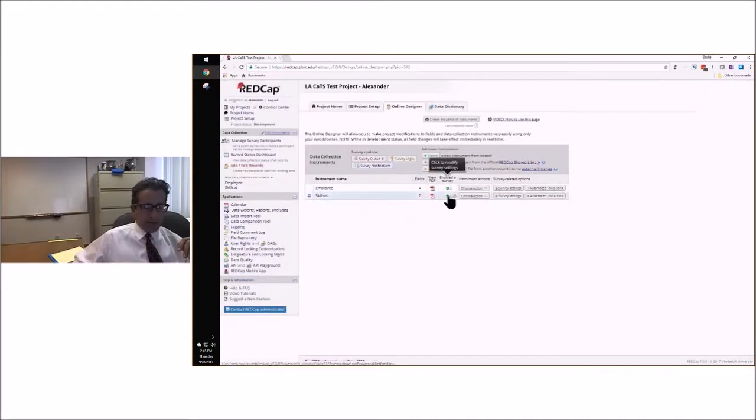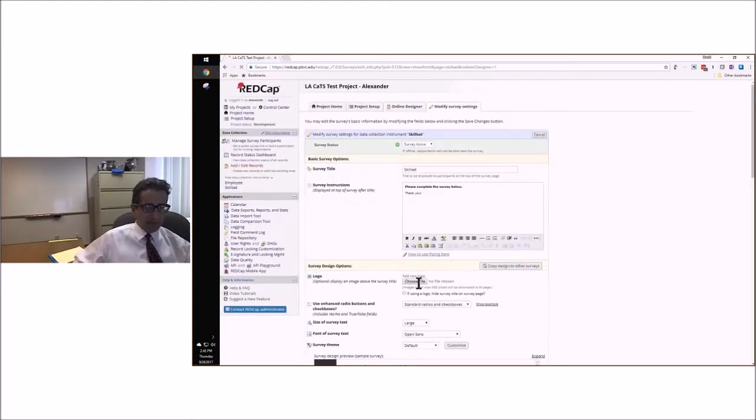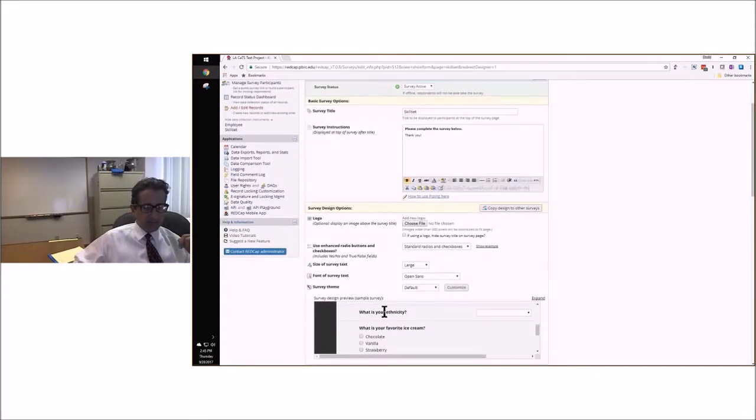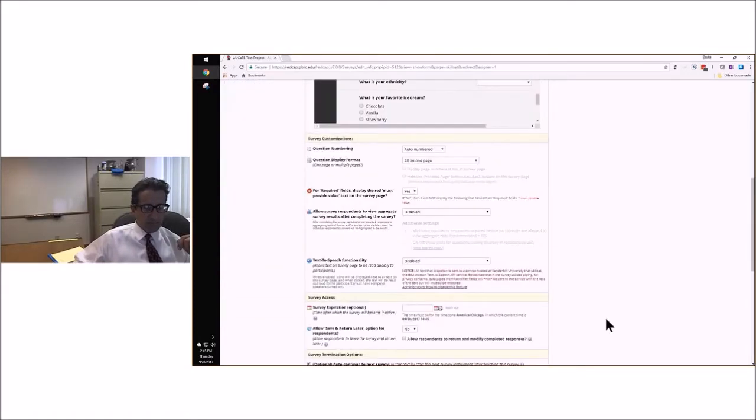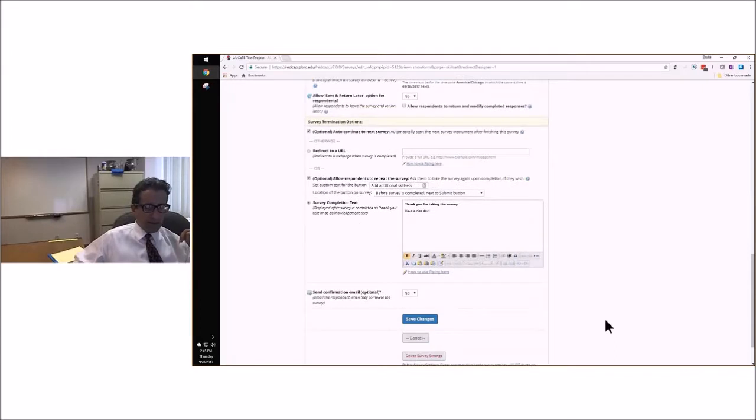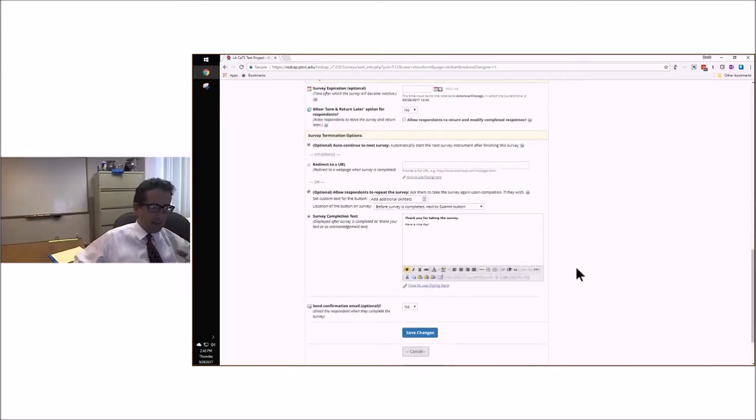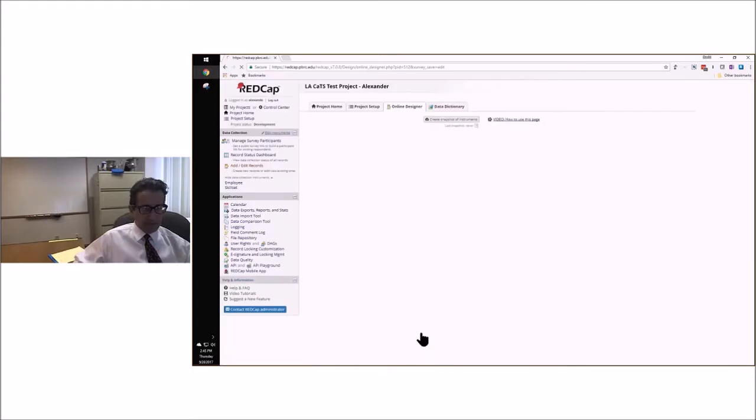And then likewise, within the skill set survey, you want to scroll down to the bottom. And in the same area, since this is a repeating instrument, you can see "allow respondents to repeat the survey." You want to check that box also. And you're allowed to customize the text on the button that's presented on the page, and we'll see that later, but I've changed it to say "add additional skill sets." So after making these changes,